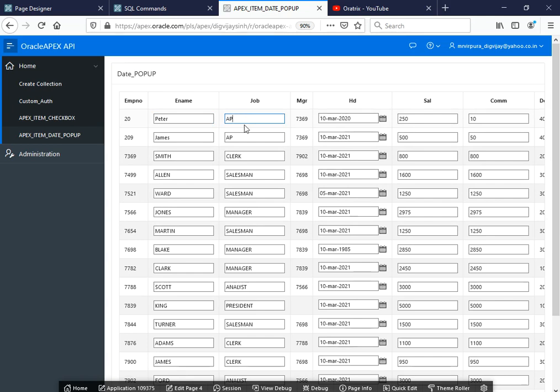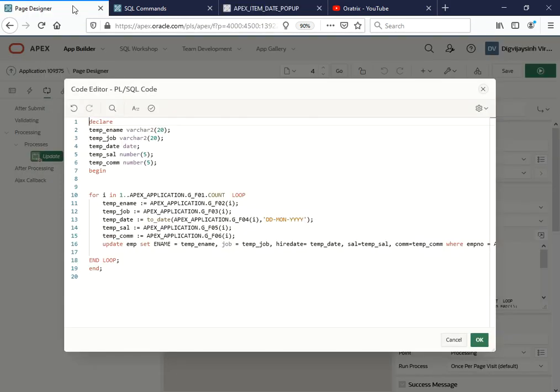This has become very simple, and instead of that you can write apex_item directly into your query, but this will look very easy if you want to understand it. So I have declared a few variables like ename, temp job, temp date, salary and commission.